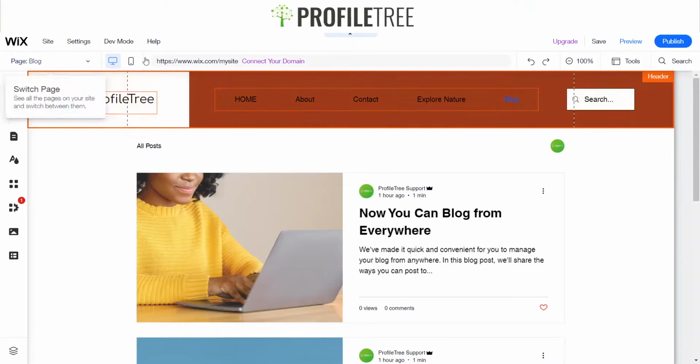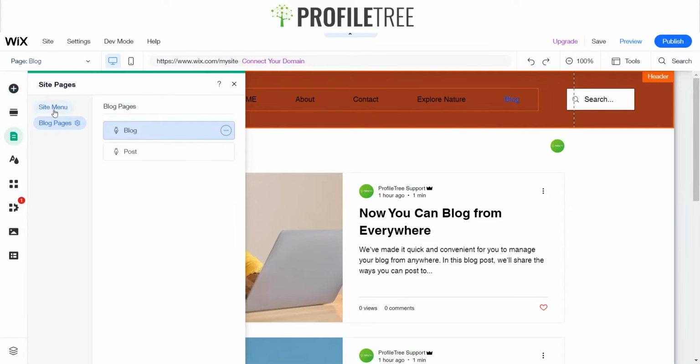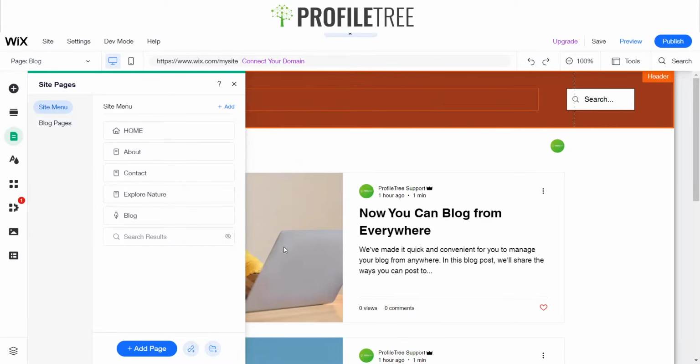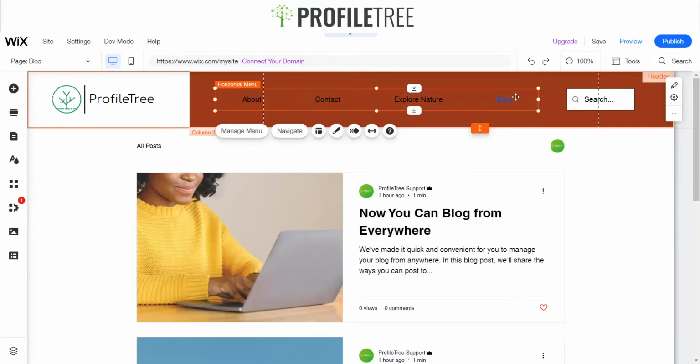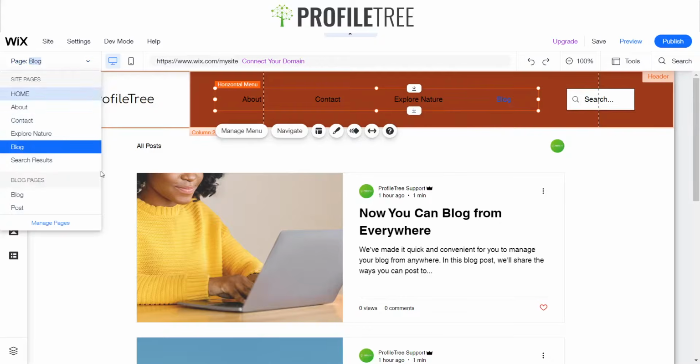Now we want to get rid of the home since we've got these two linked up now. So just go to menus and pages, go to the site menu, click on the three little dots and hide. That'll ensure that there's only 4 pages that you can see, which is the About, Contact, Explore Nature and Blog. And if you wanted to rearrange them as well,